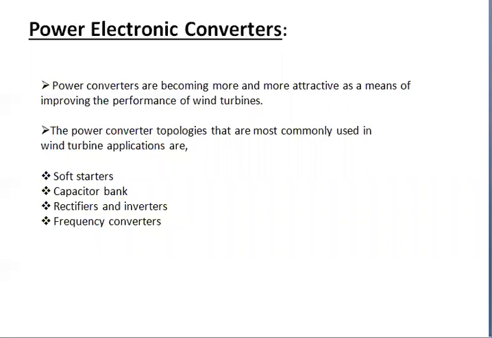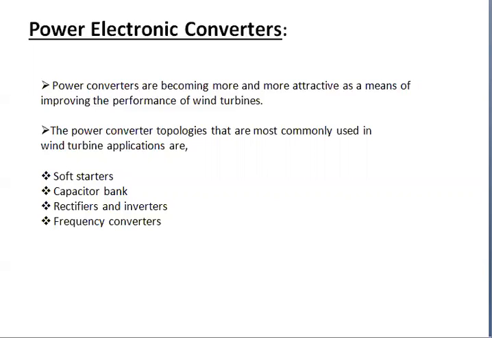The next one is rectifiers and inverters. A traditional frequency converter, also called an adjustable speed drive, consists of a rectifier, that means an AC to DC conversion unit, energy storage capacitors, and an inverter, that means DC to AC with controllable frequency and voltage. By using this also we can control the power.